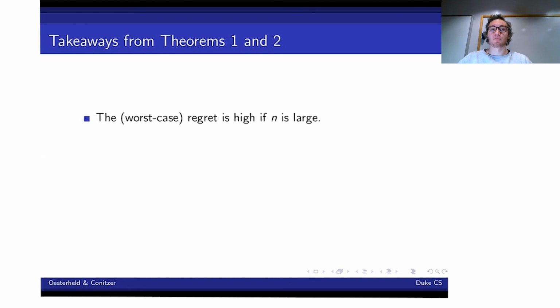Okay, so what should we take away from these theorems? Well, one thing is that in this particular case, the worst case regret is pretty high, especially if the number of experts is large. And in general, these optimal scoring rules don't do particularly well, because they give such a large fraction of the profit away to the experts. So especially if the experts, in fact, don't pay much for the information that they obtain, then this scoring rule in practice doesn't do particularly well.